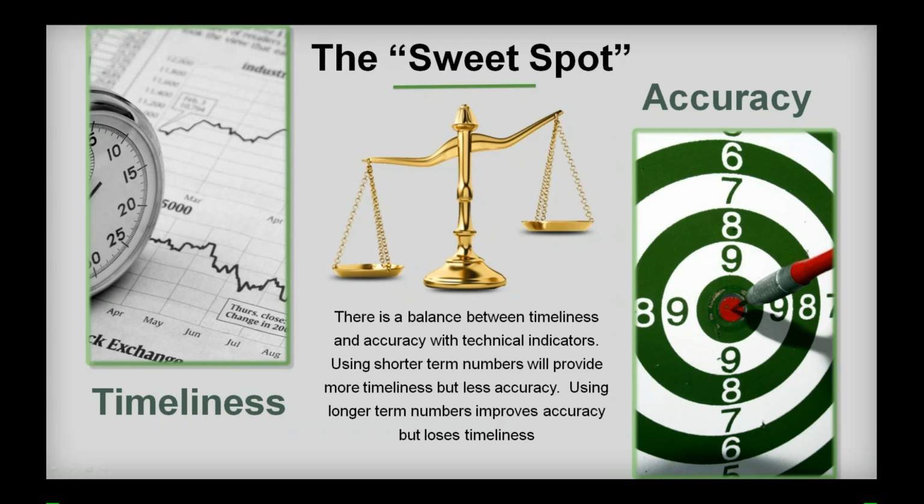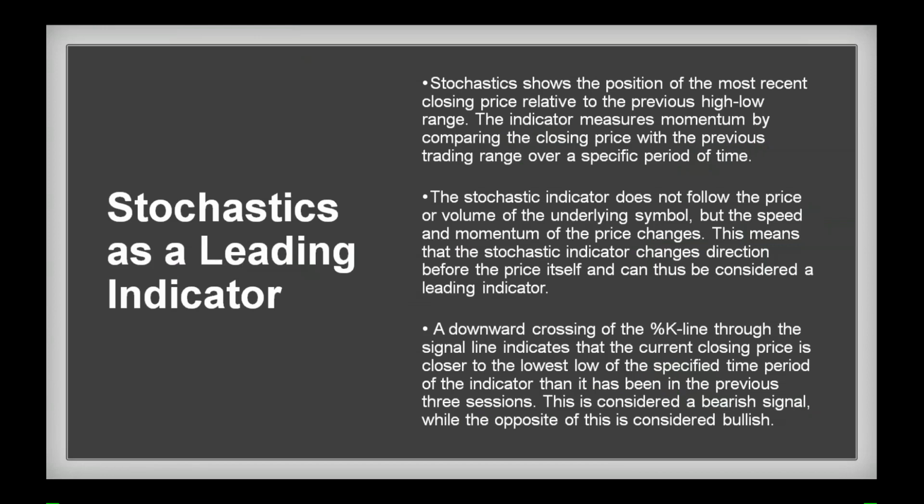That's why I said if you're going to use something that gives a lot of signals, you probably better have a lot of filters on that to say, well, what should I use and what should I not? So the stochastic shows the position of the most recent closing price relative to the high-low range. Thereby it's kind of measuring the momentum of the stock against itself and saying how strong or how weak we are. A downward cross of the percent K line through the signal line